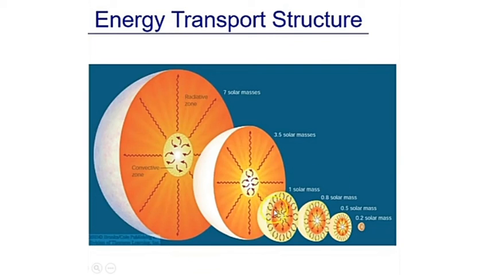And then on the other end of the sequence, lower main sequence stars are less massive and not as hot inside. They fuse hydrogen using the proton-proton chain, which is not as sensitive to temperature, so the energy generated is more widely spread. So they have a little bit larger core, which is a radiative zone. The outside is going to be a convection zone, and the lowest mass stars are so cool that their gases are opaque, and they are pretty much a convective zone all the way throughout.